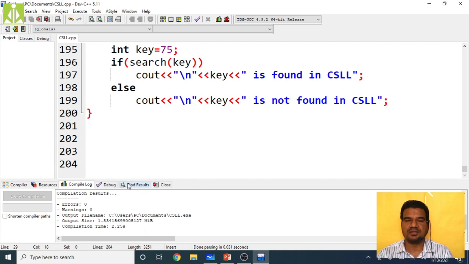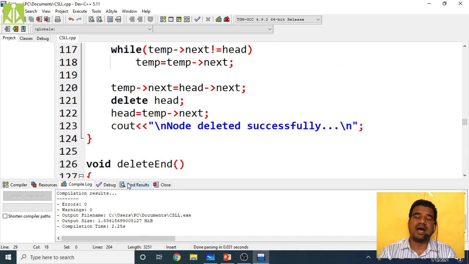When they ask you in exams about the circular singly linked list, you just write only a few functions: add first, delete from first, search and traversal. That's enough. No need to write more and more functions or this many lines of code. This is for your understanding.